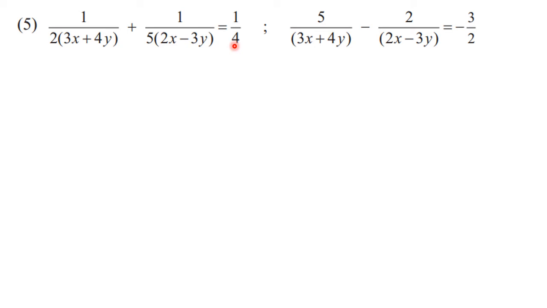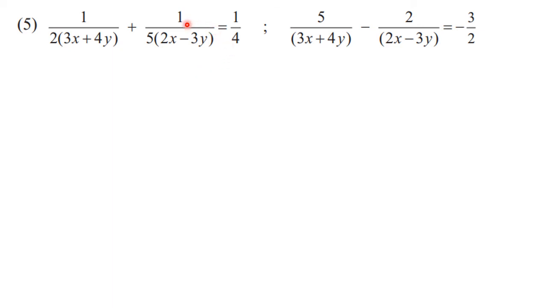Okay. How to find LCM? I told you, always start with the table of the bigger number 5. 5 ones are 5. Not there in table of 2, not there in table of 4. Go further. 5 twos are 10. It is there in table of 2 but not there in table of 4. So 10 will not do. 15 obviously will not do because it's an odd number. 5 fours are 20. So now see, 20 we can divide by 2 also. We can divide by 5 also. We can divide by 4 also. So 20 is LCM of 5, 4 and 2.